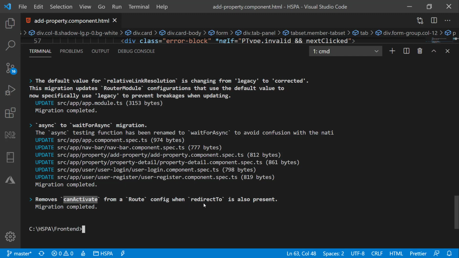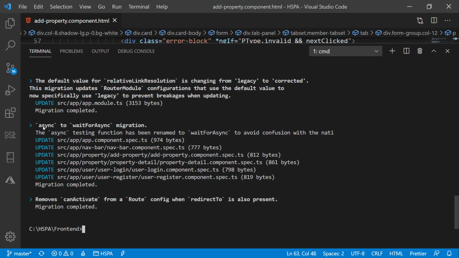Although if it is not allowed, system should give us warning or compile time error for such cases, but still in Angular 11 we do not get any warning or a compile time error if we use both on a route. You would be surprised that this issue was reported in 2017 in Angular 4 and it is not yet fixed. They just have silently removed this property from configuration if both are used in our application. This is really quite surprising for me.